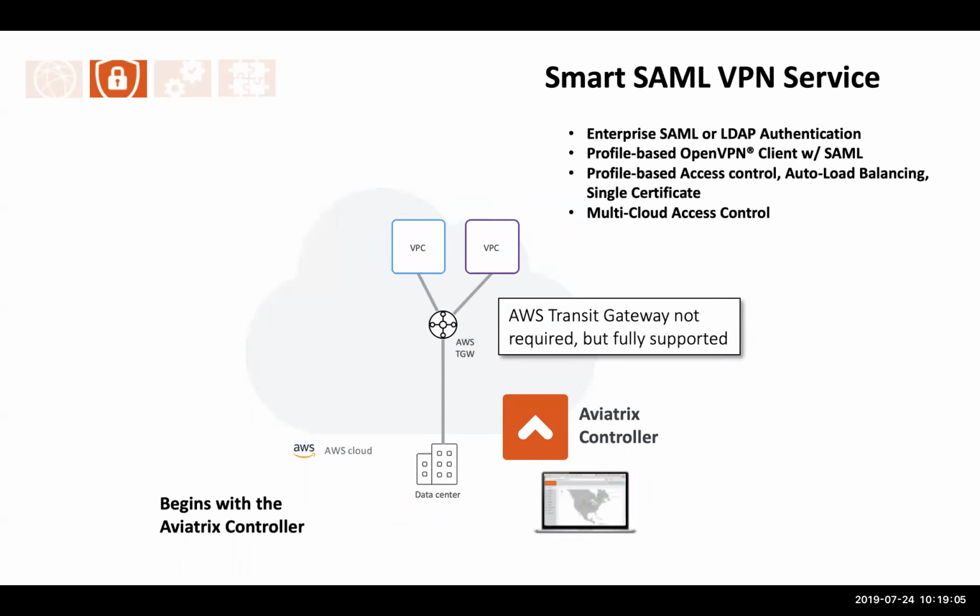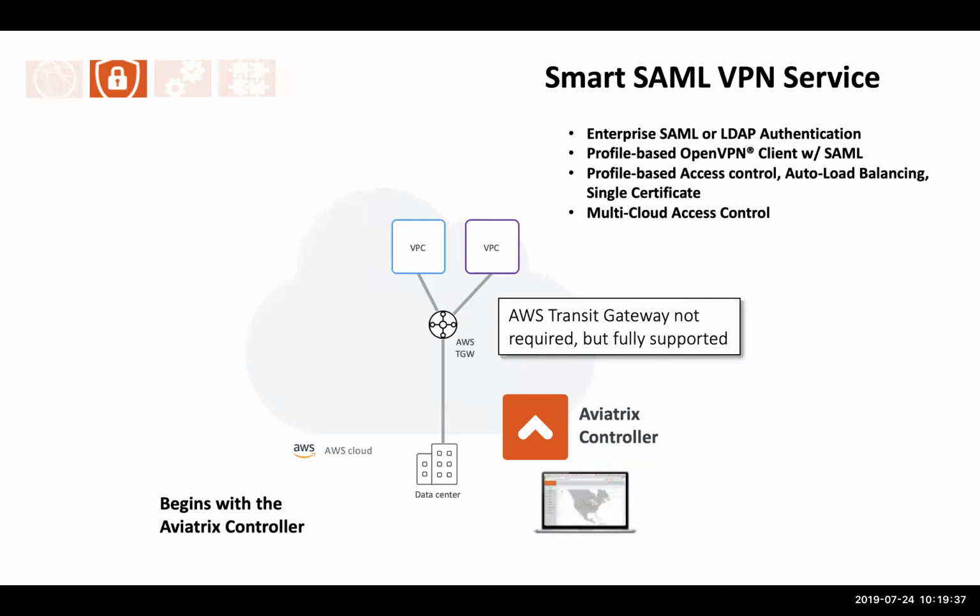Now let's talk about our smart SAML VPN service. I'll walk through this so you can see some of the capabilities that it has. Of course, it starts again with the controller being able to spin up the transit gateway and the VPCs and understand all of the routing to each one of these locations. Now, it doesn't have to use the AWS Transit Gateway. You can actually use this service when you're just doing independent VPCs or VPC peering,